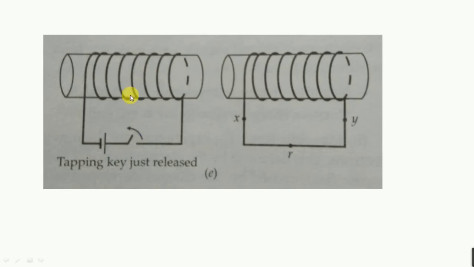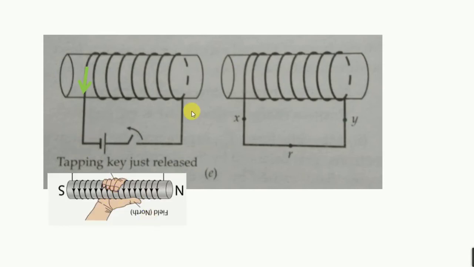Now when we switch off this coil, what should be the direction of current out here? When this is switched on, the current will flow from positive to negative, so it will go towards the negative. That means the current will be in the downward direction. If you use the right hand thumb rule, the north pole will be in this direction. When you switch off this, the magnetic flux will decrease. That means the current should be produced in such a way that the magnetic field is produced in the same direction, because this is decreasing, so it should oppose that decrease.